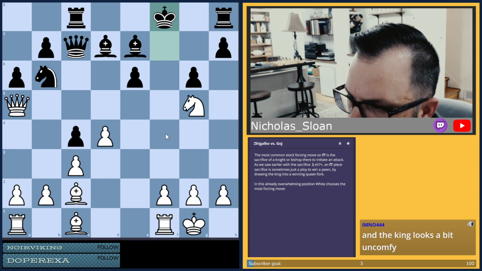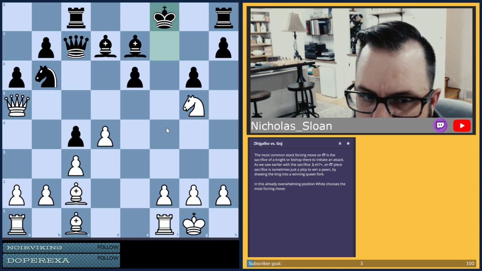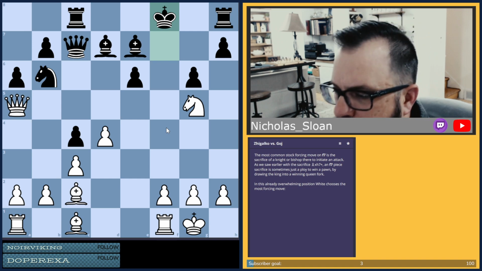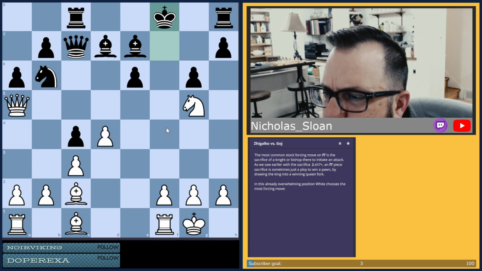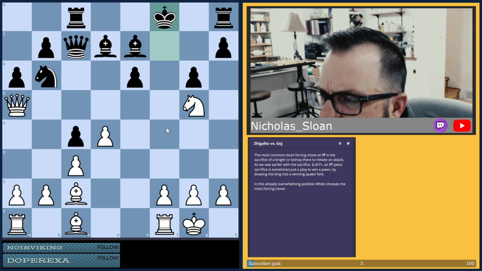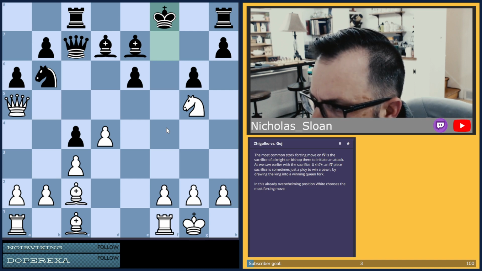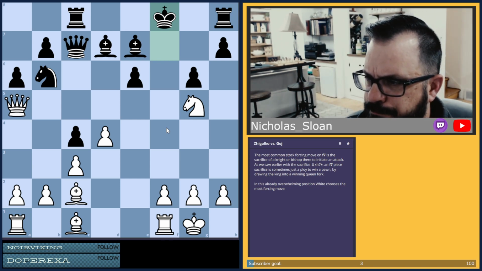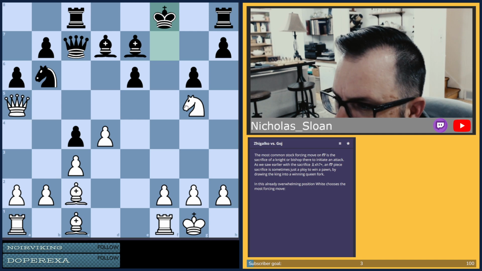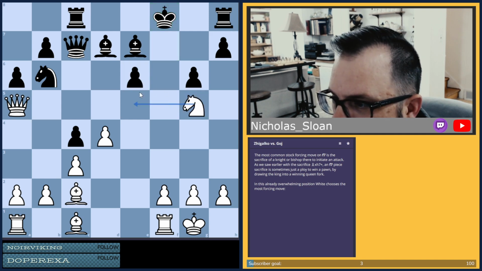Bishop takes g5. He just moved back. I know the king is totally uncomfortable, but how do we exploit that? It looks uncomfy, but I feel like there's enough pieces around the king to stop the attack. So there's something else here. Oh, I found it. I think this is it. No? I thought for sure this was going to be good here, right? Oh, no, because the queen's here. Shoot.